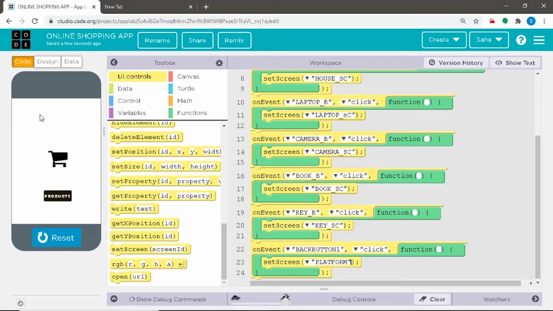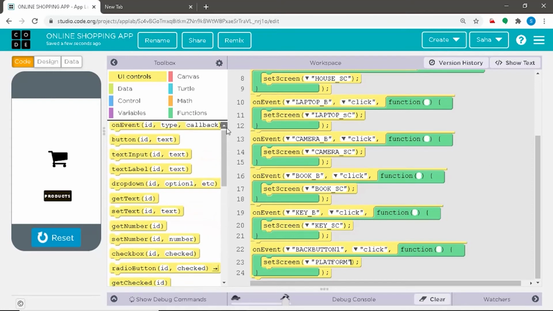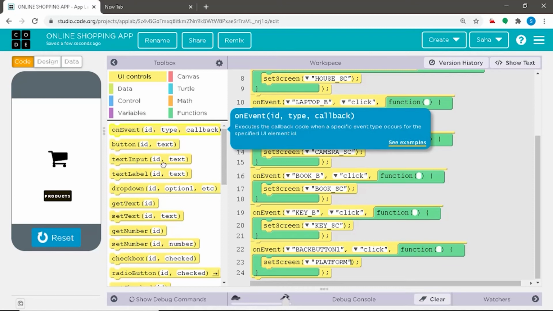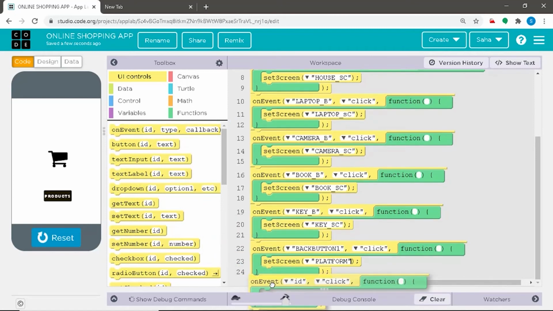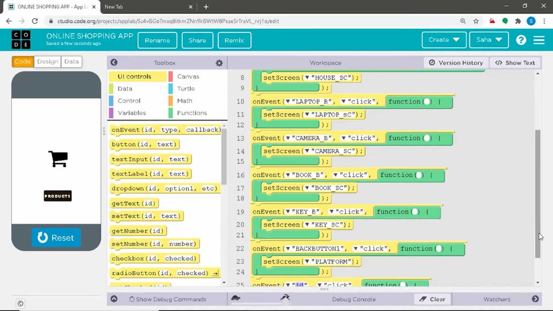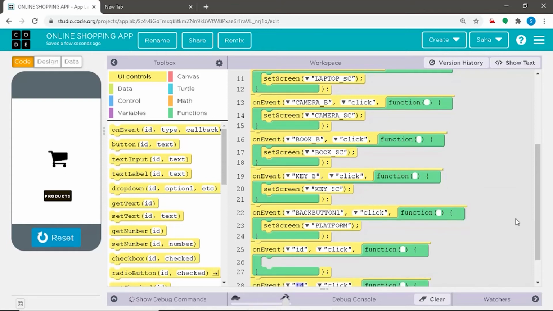we'll again go to the on events command, place it in our workspace or scripting section. Basically, we can place many on events commands because all of them define the same back button but different IDs, which is easier for us to keep track of.